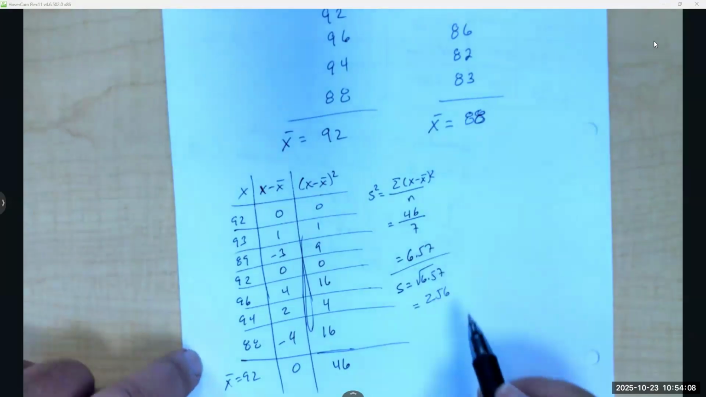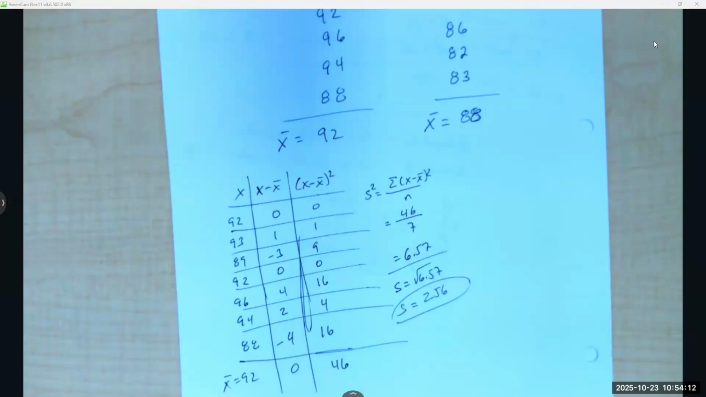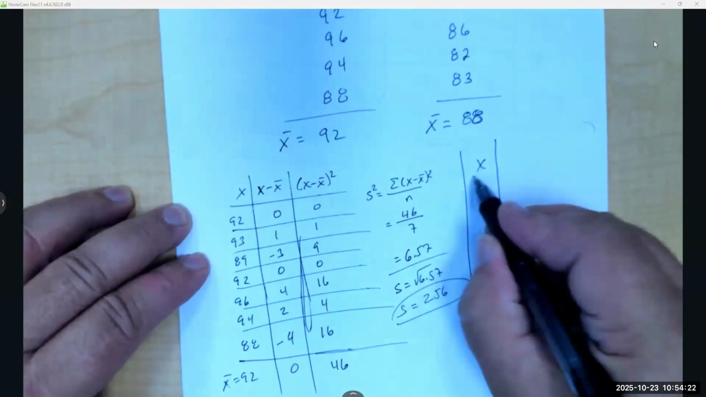It's the deviation we want, not the variance, because deviation, by its name, tells how far the data deviates on the average. Now, for the other part of the data, for group B,